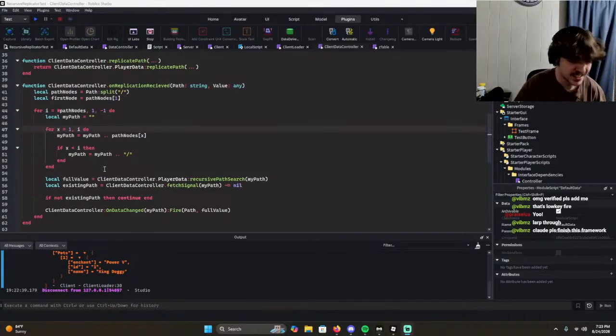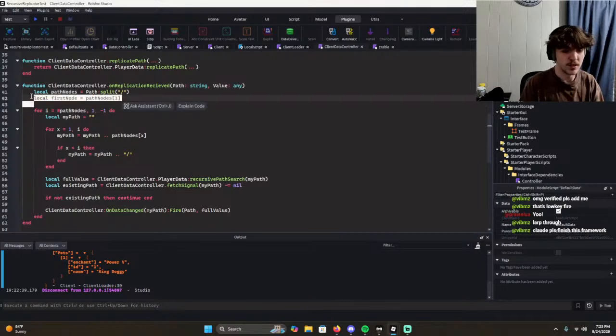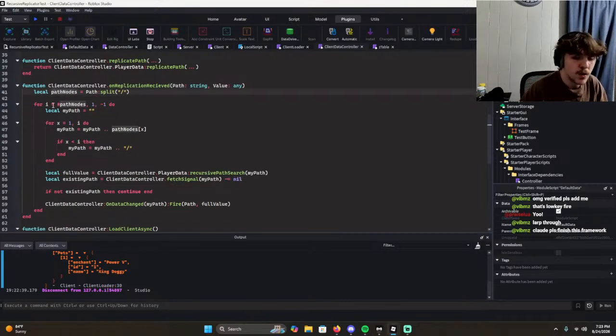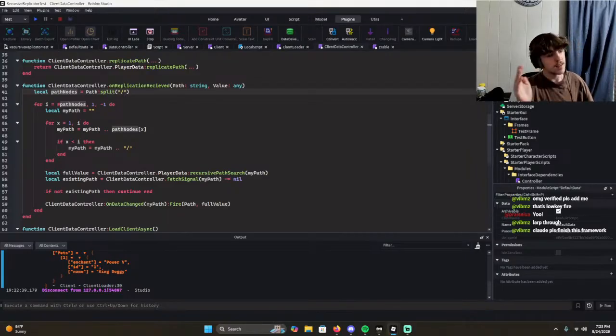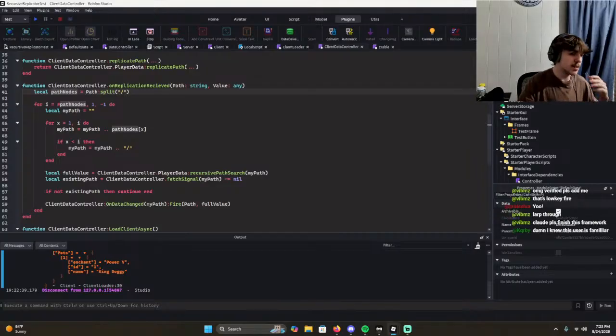Okay, just get rid of first node. Technically, I could just go from start to finish. I don't exactly know why I'm going from finish to start. I guess it's just mainly because I want the smaller depth stuff to update first before the bigger depth stuff. But at the same time, that also doesn't